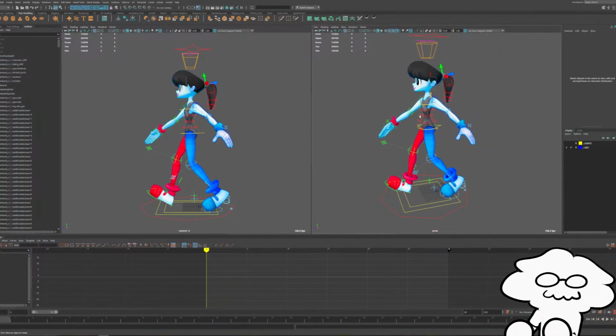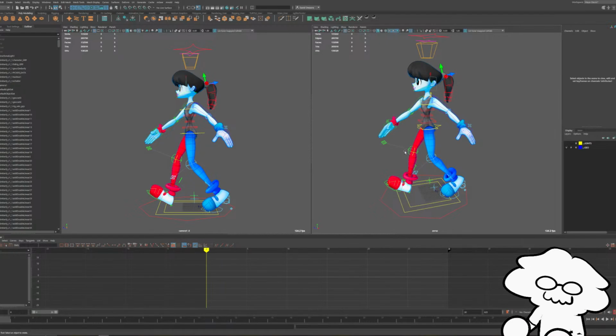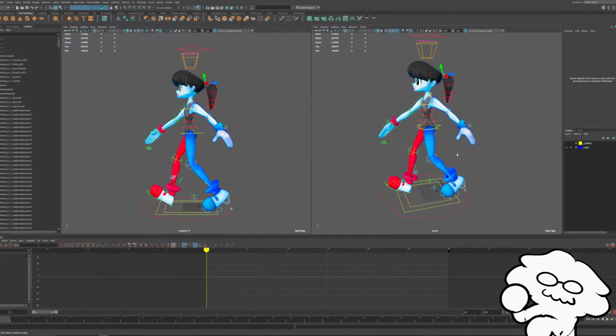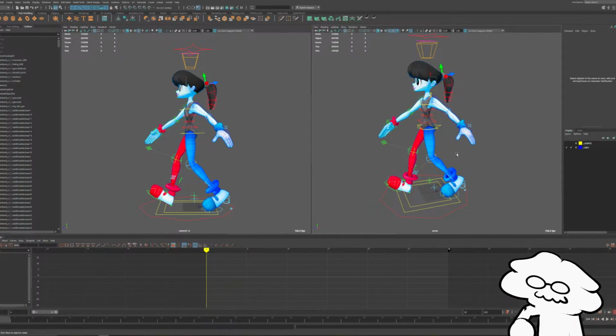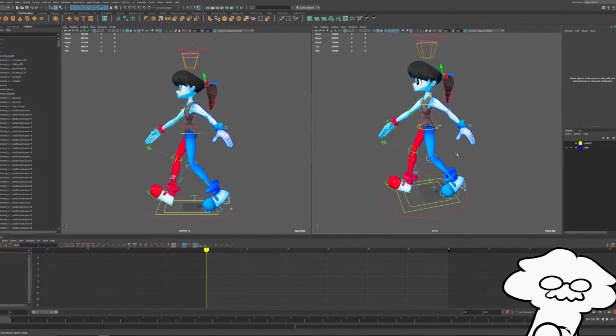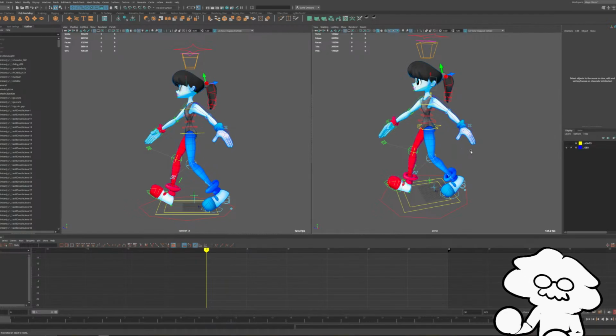Very easy mistake to make. You don't want to do that because that's just not how people walk in real life. You can do that if you want your character to look silly, but generally arms are going to swing on opposite sides. I'm going to take a swig of water.